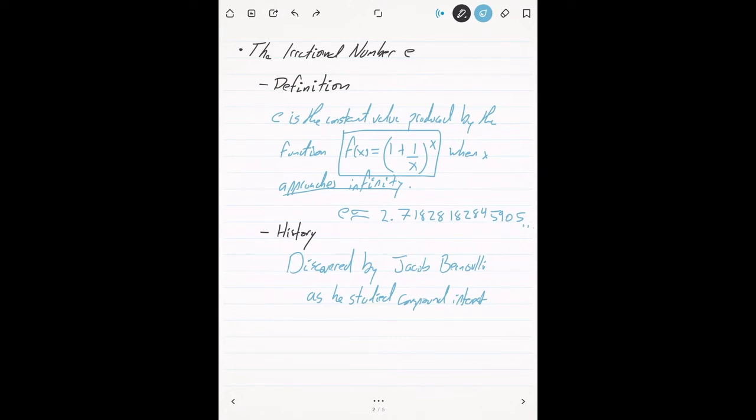Now, the number e, of course, being discovered by Bernoulli, it was really perfected, and I'm going to use that term, perfected, by the great mathematician Leonhard Euler. I want to spell his name correctly here: Leonhard Euler. The great mathematician Leonhard Euler, who is considered one of the greatest mathematicians of all time, is